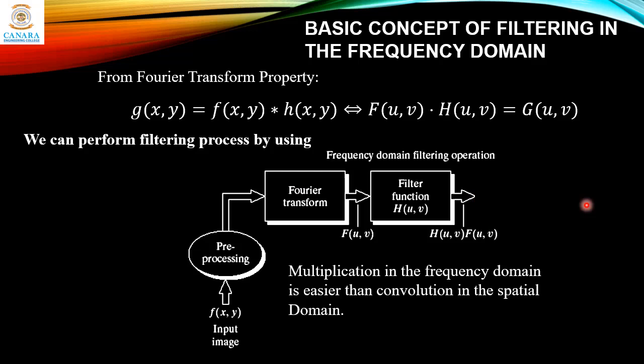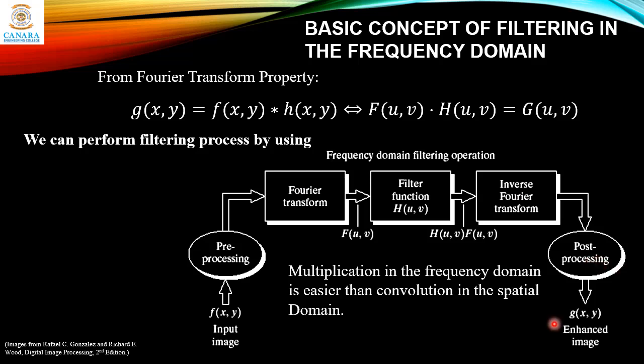And then in order to display it in spatial domain again, we need the inverse Fourier transform. And then we'll do some post processing. And there we have it. This is the enhanced image in spatial domain. This is the output image. So again, it is in spatial domain. You can notice it is in small letters. Okay, so the input image has been enhanced using the Fourier transforms, and then we got back the output image in spatial domain. This is how filtering in frequency domain works.